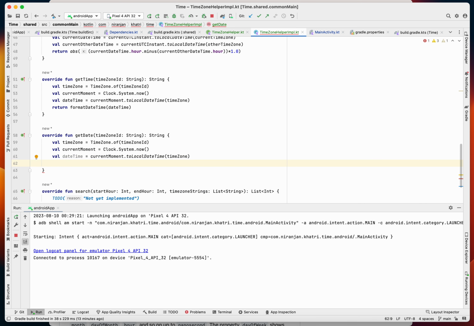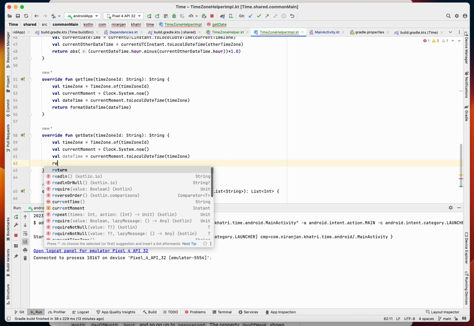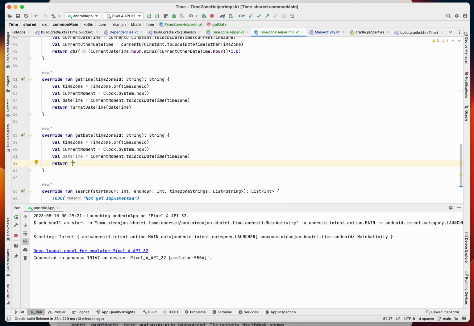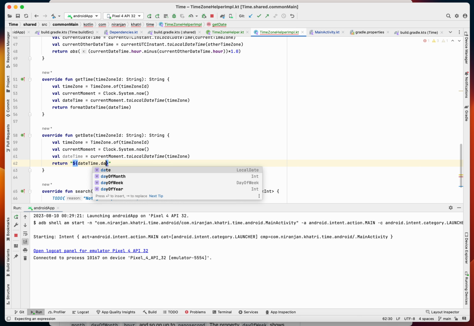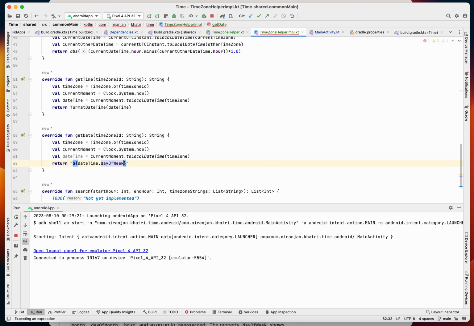Okay, and you need to just get the date, right? To get the date, we get the dateTime day of week name, lowercase, replace first character, T uppercase,